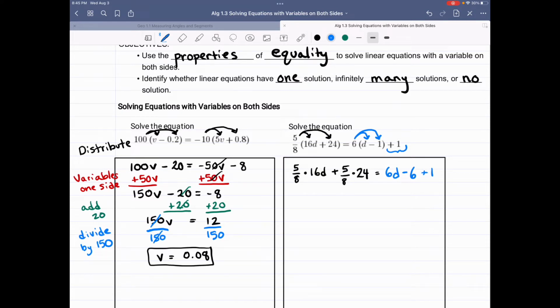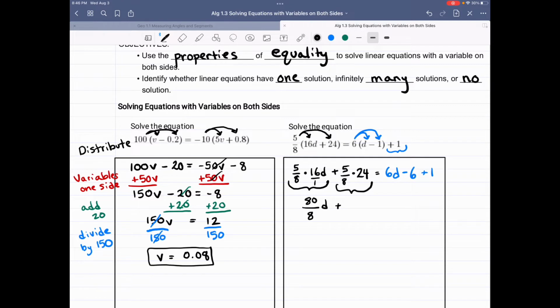All right. So like I said, I'm going to review the fraction part with you. So this multiplication here, 5 times 16 divided by 8. So the 16 we're going to put over 1. You could do some cross canceling here if you know how, but I'm just going to show you the simple way. We have 5 times 16, that's 80, and we have 8 times 1, that's 8. So that piece becomes 80 over 8D, and yes, that can simplify,